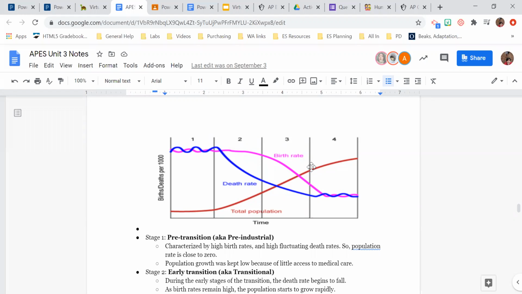And so our population growth will continue a little bit into this 4th stage as our birth rate continues to go down to match the death rate. But it will start to level off towards the end of stage 4. Now, this is where a stage 5 will sometimes come in, because often the birth rate goes a little bit below the death rate in several countries. We've seen this happen in Japan and in Germany. Those are 2 really good examples. It has not happened in the US yet. Now it might happen in the future in the US, or it might just not become the cultural norm.